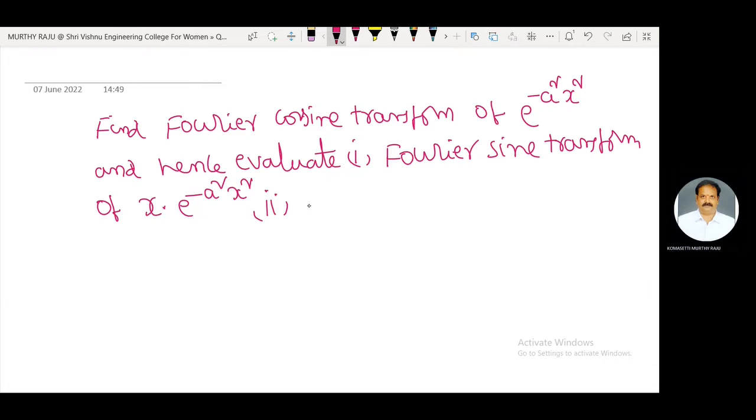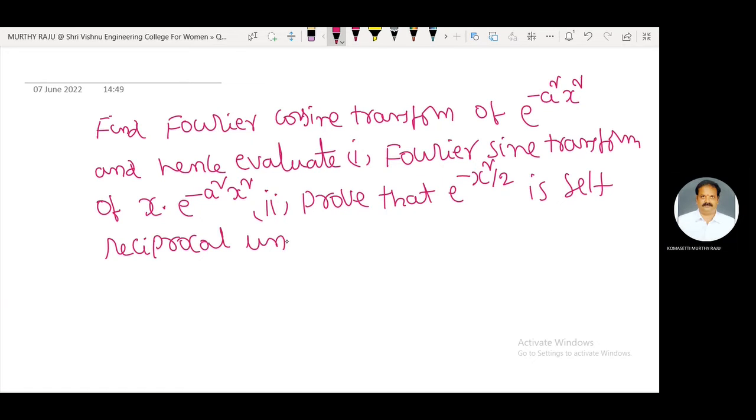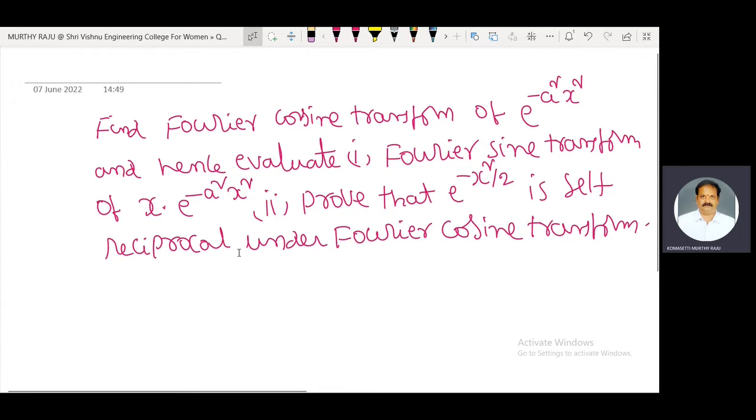Second one is prove that e power minus x square by 2 is self reciprocal under Fourier cosine transform. This is the problem statement. Solution is